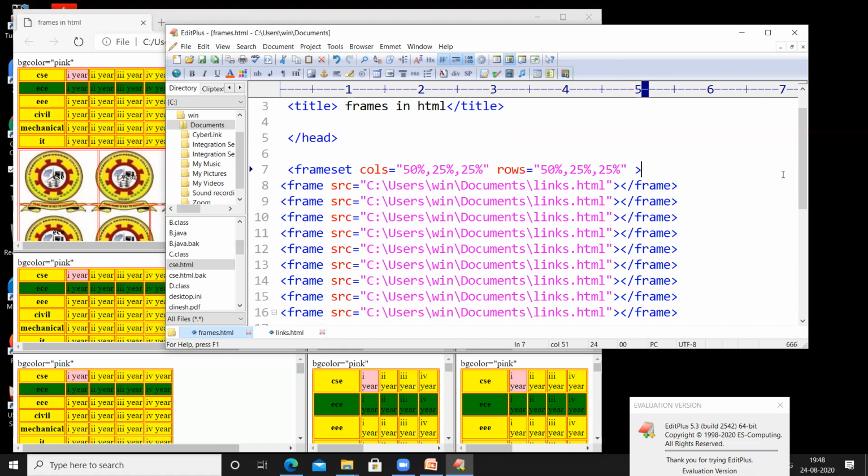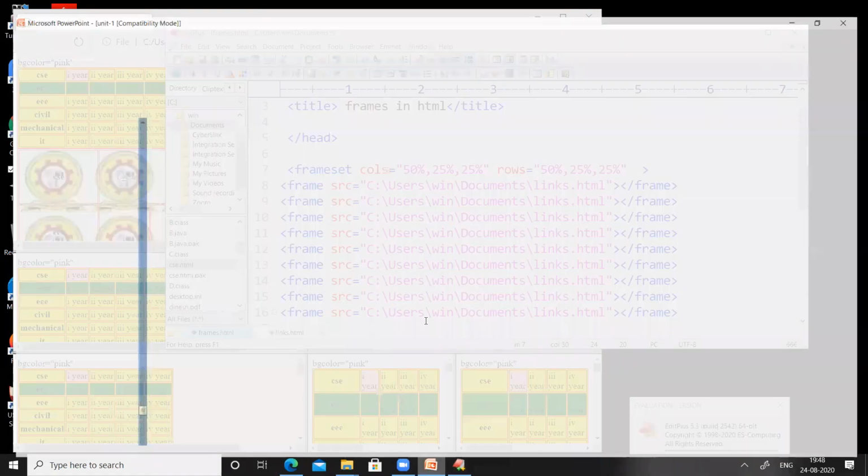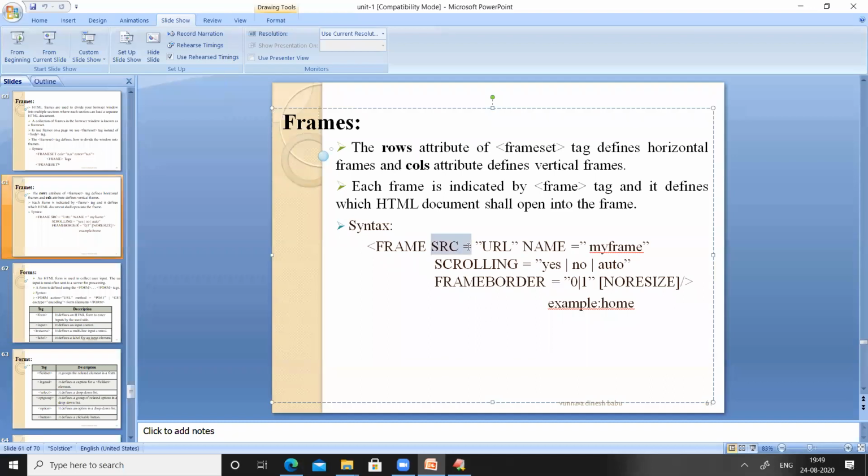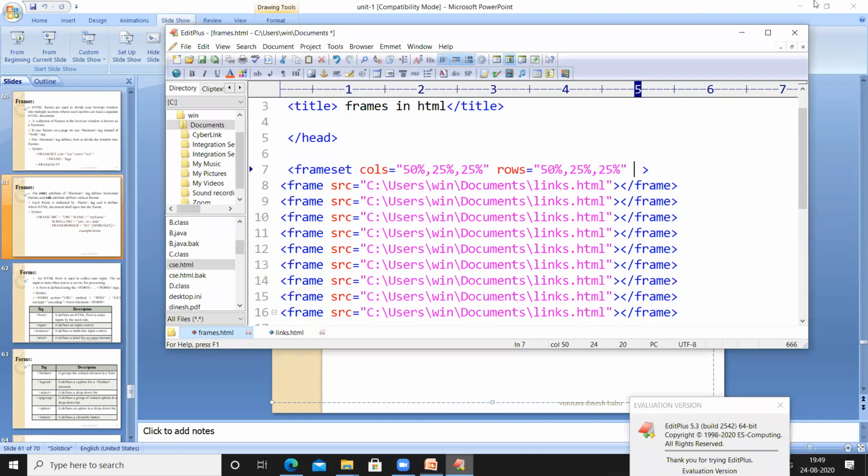Okay, so now let us add a few more attributes that we have seen in the PPT. In the frame, along with the SRC, we can use name. This name can be used for further references. At present, we cannot see any use for this name. So let us see the scrolling attribute, and let us add the scrolling attribute to this particular frameset tag and observe the output.